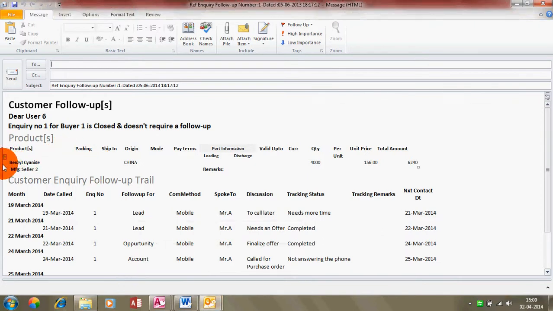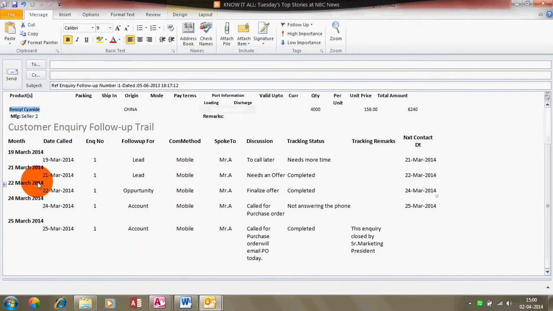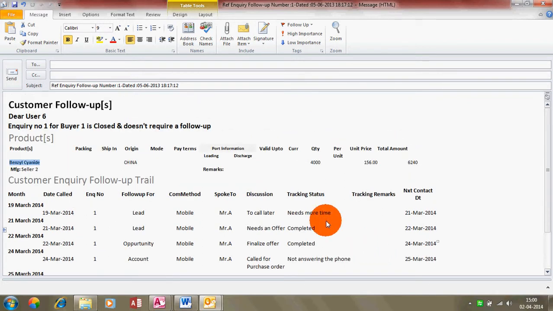We're trying to follow up for a particular product. This is the name of the product, all the details which you have discussed, and this is the entire follow-up trail. In this month, on this date, you called up when it was on lead stage. So you get to see all the details, opportunity, account, who closed the inquiry. All this can be sent further by email.